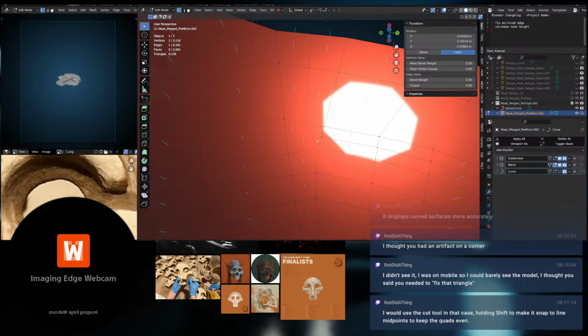I am using the knife tool. It's not about how to do it. It's about what is the correct way to move from this triangle to this quad, or how to change the geometry. I know the tools to do it. I just don't know